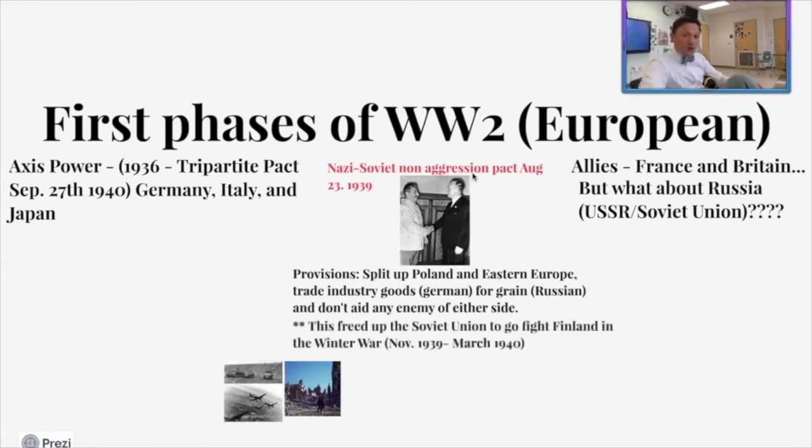Now there's a big reason why this happened. Because the Soviets had a plan. They wanted to go fight a different war, right? So the Soviets were in the middle of a different war. This freed them up to go fight Finland in this thing known as the Winter War, right? And the Soviets rush into Finland, and regardless of losing a heavy number of people and a heavy number of armaments, the Soviets take over the eastern area of Finland in this Winter War and end up winning, right? And the U.S. remains neutral, right?